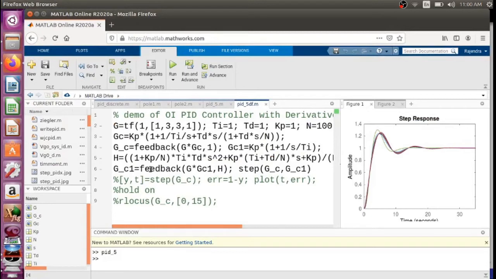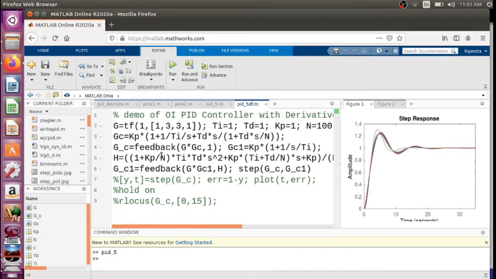And then we found the transfer function with the feedback. This is a closed loop transfer function of both these compensators.